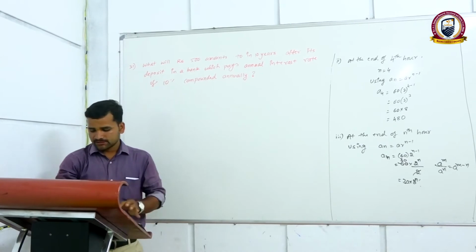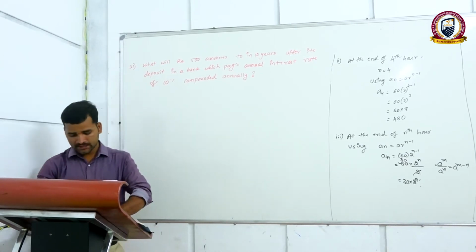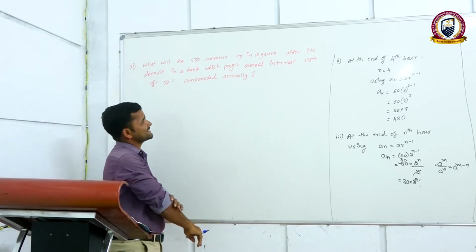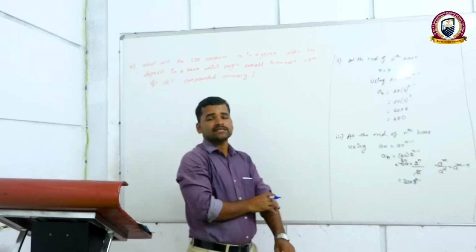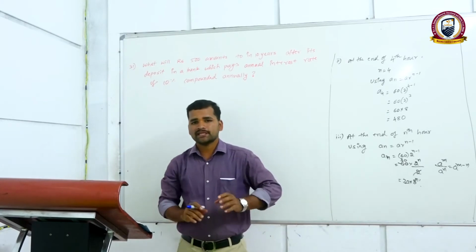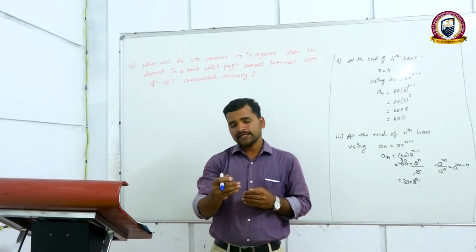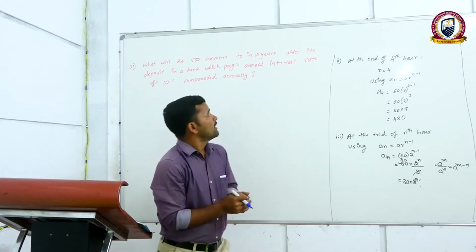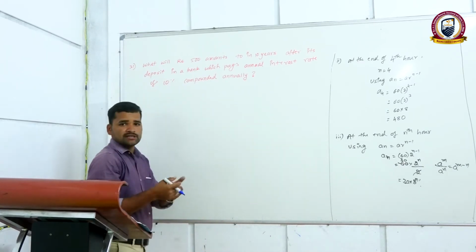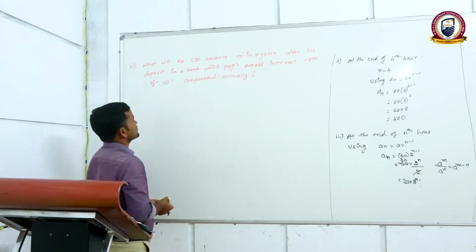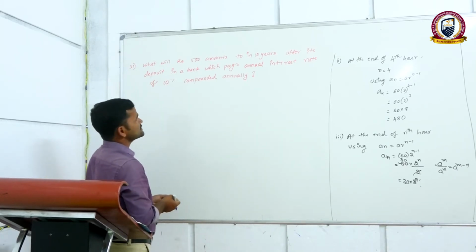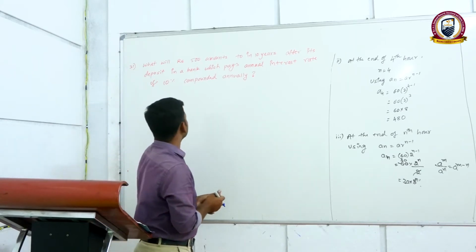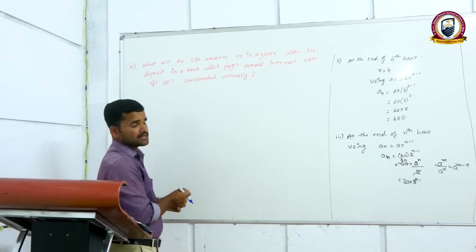You need to understand this question. It says, what will Rs 500 amount to in 10 years? It means they have deposited 500 rupees in a bank, and when 10 years complete after its deposit, what will the amount be? Means how much it will be after 10 years? That is the question here. In a bank which pays an annual interest rate of 10%, but the 10%